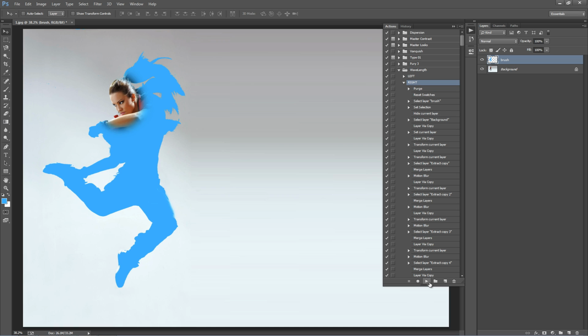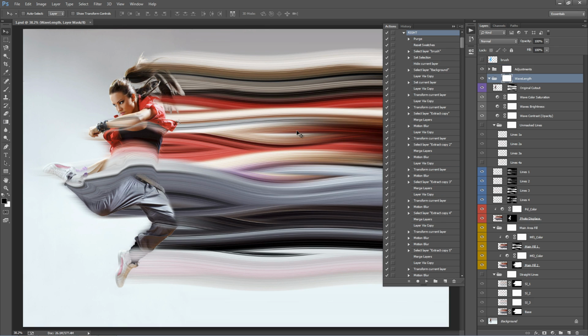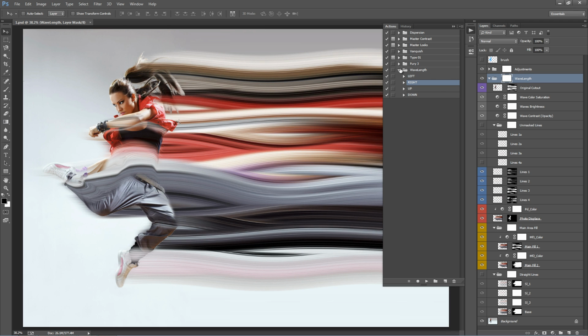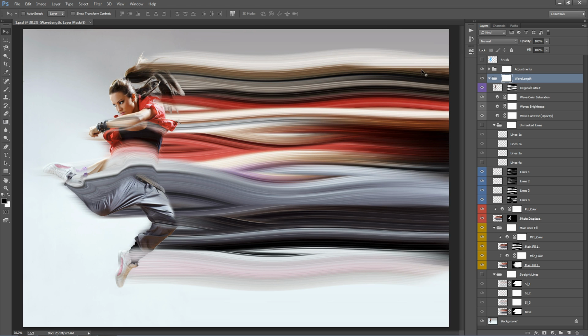Now I'm just going to fast forward this video to get to the result, and then just going to talk about what every single layer does and a few customization techniques. Okay, the action's stopped and it's created the entire effect for me. So I'm just going to minimize the actions panel because we're done with that for the moment, and look into